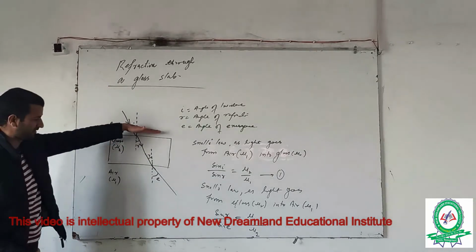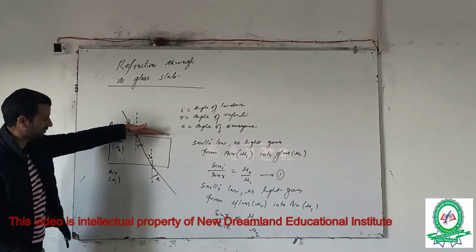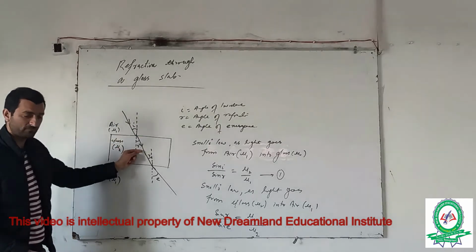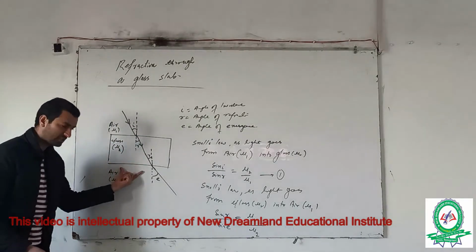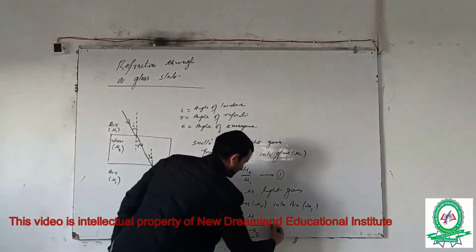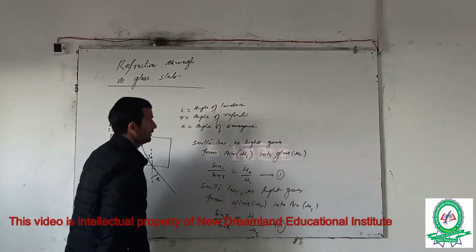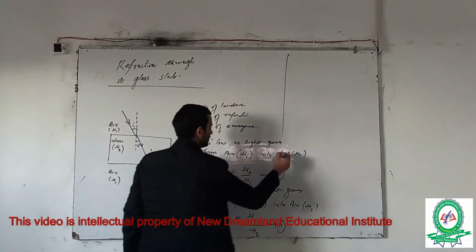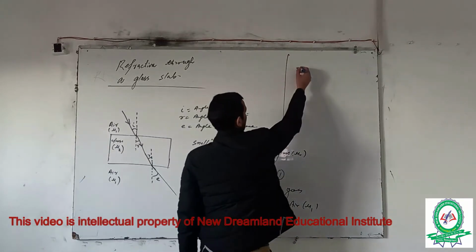Remember that refraction at top surface. तो जब हम consider कर रहे हैं refraction at top surface, then this is the refracted ray. When we consider refraction at the bottom surface, this ray becomes an incident ray. So this is equation second. Now if we multiply equation first and second, we get